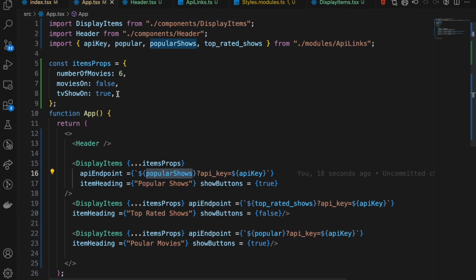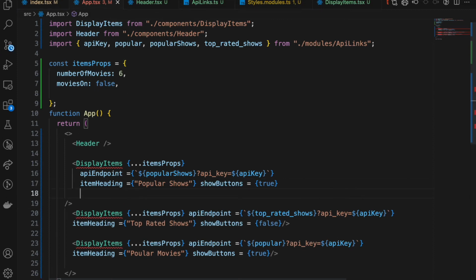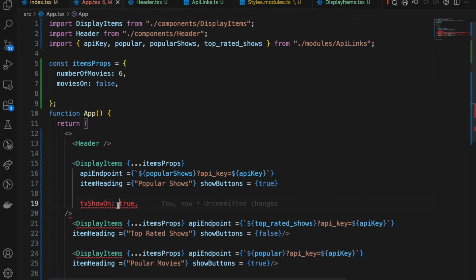So what's happening here is I'll also have to remove this from there. The TV show true means that I am getting the endpoint for TV shows. So let's just write that, and I will talk about this. TV show on is